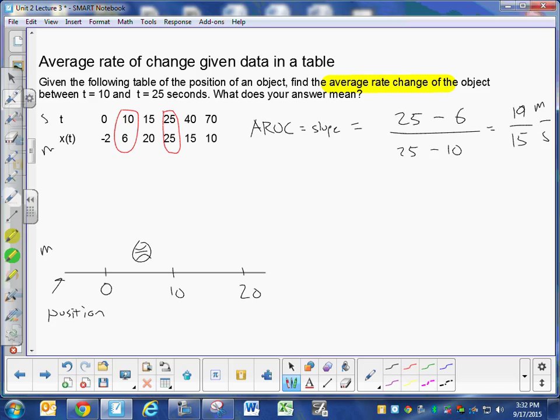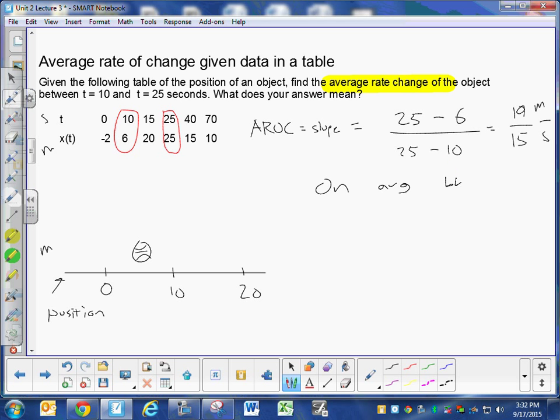So we can say, okay, I don't know what happened between the 10th second and the 25th second, besides the fact that the basketball was located at the 20th meter mark at the 15th second. But I know that on average, it traveled to the right at a rate of 19/15 meters per second, or 1 point whatever meters per second. I know it's easier to think about things in terms of decimals. We can say on average,